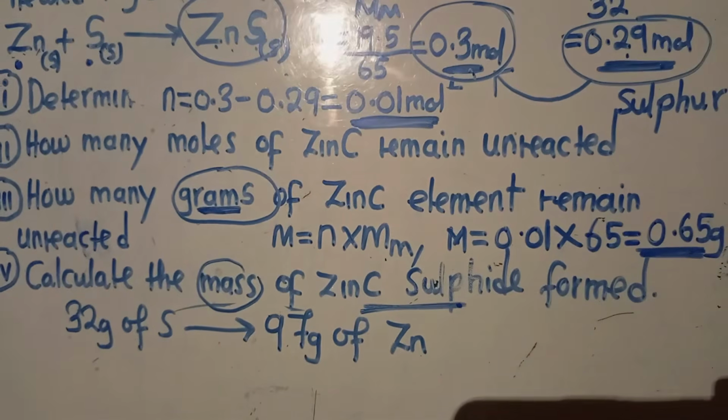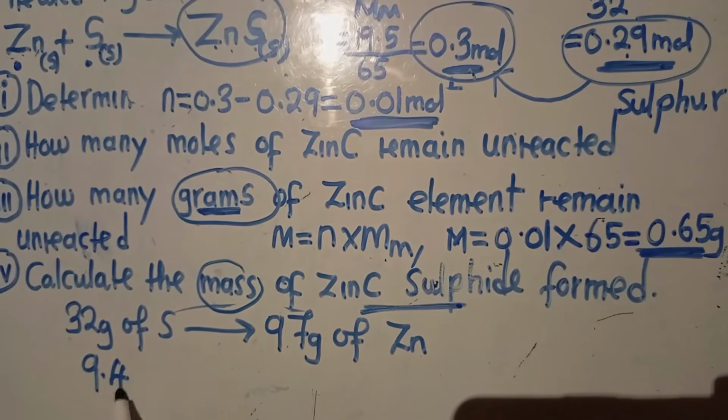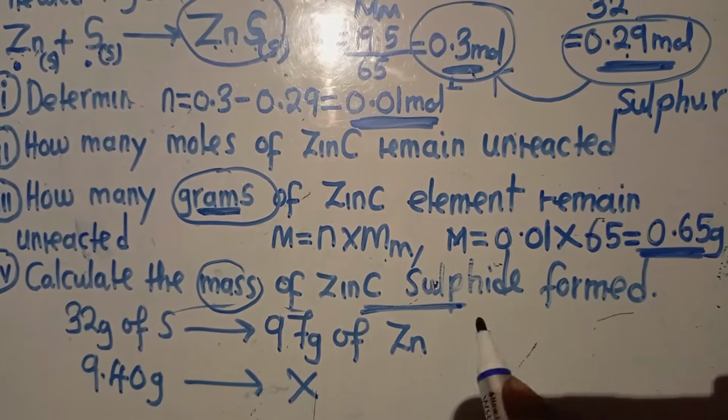From there now, what are you going to do? You say, okay, this one is given. It was 9.4 in the question. 9.4 grams, then equivalent to what? X. You cross multiply. 32x is equal to